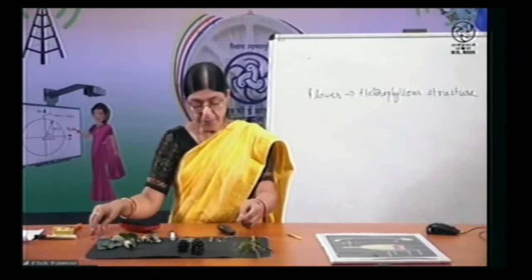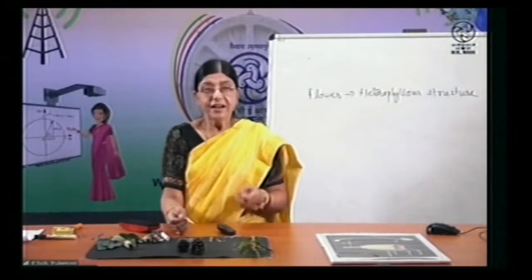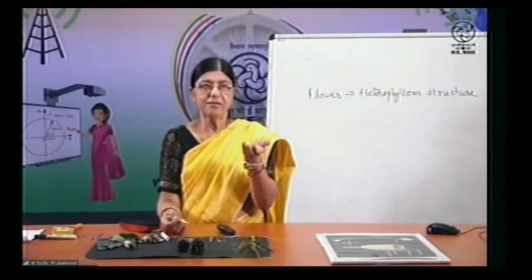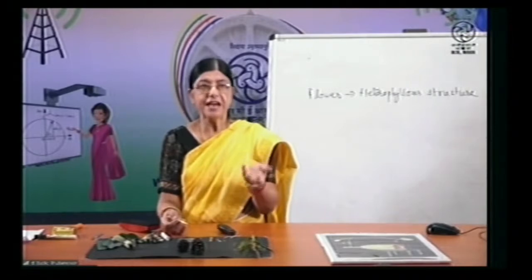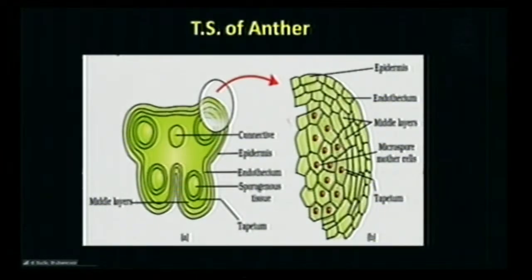You take a transverse section, a thin section, and then you keep it on a drop of water in a glass plate or something, so that light will pass through it, and then you can see here. Can you see here? This structure here, how does it look? That characteristic butterfly shape, can you find? Yes, ma'am. The light pink butterfly.